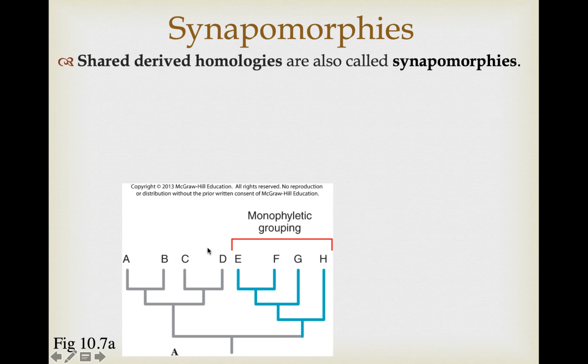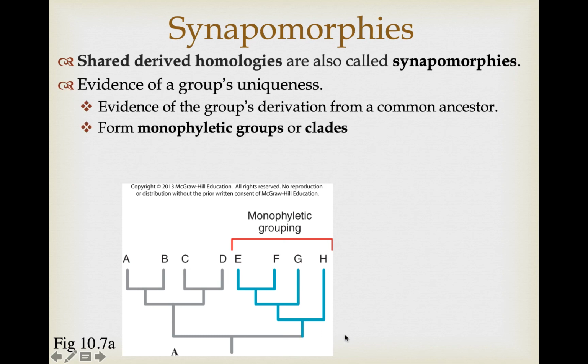So again, if we look at this phylogeny, if we didn't know how these branches really fit together, but we had a character that said E, F, G, and H share this very same trait, well, the most logical inference is the reason they share that same trait is they got it from their common ancestor. It was a shared derived homology, or a synapomorphy. So this group we would then call a monophyletic group, or a clade. So shared derived homologies or synapomorphies are lines of evidence that a group is unique somehow, that it forms a